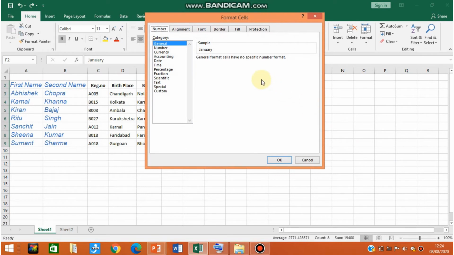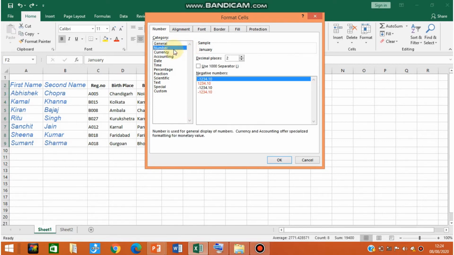Now after doing this, go to the Number tab. Okay, go to the Number tab, and there's one Category section. In that Category section you have to select Number. Fine. After selecting Number, choose where you want to place your decimal point.